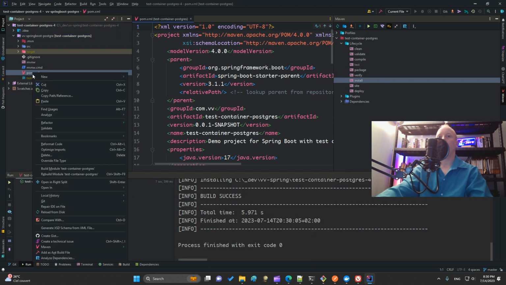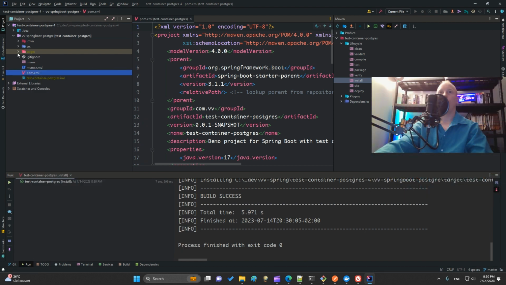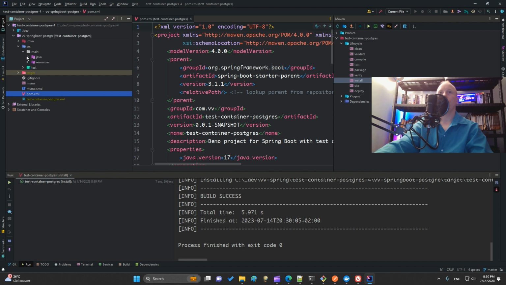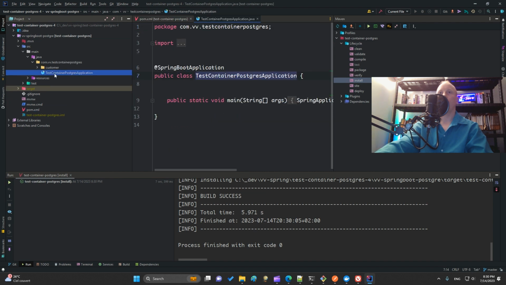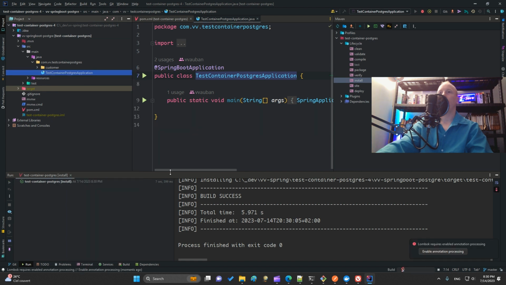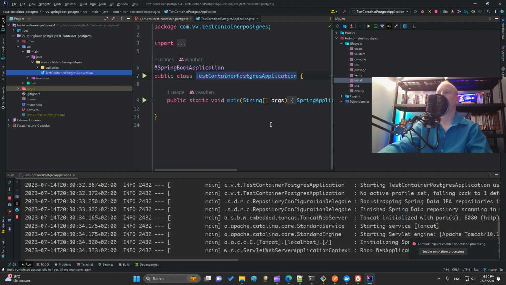Okay, I reload the application, and now I will run my application. I will show you some basic use cases, like add a user, find a user by name, and find all the users.